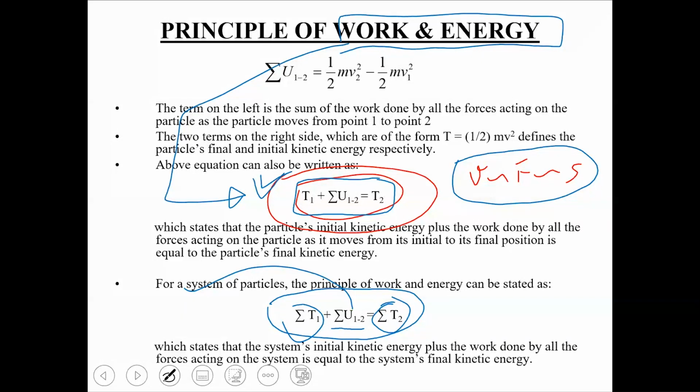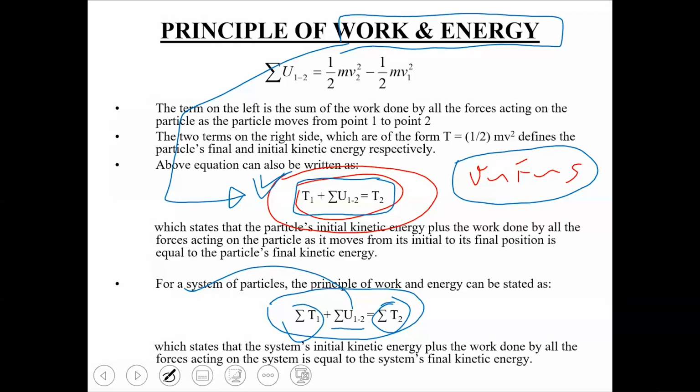Now, before moving on to the various problems relevant to this principle of work and energy, इस बुक में इन्होंने क्या किया है कि वर्क एनर्जी, प्रिंसिपल ऑफ वर्क एंड एनर्जी के प्रॉब्लम्स अलग से दिए हैं, उसके बाद दो छोटी छोटी सी डेफिनेशंस हैं पावर और एफिशिएंसी की, और उसके प्रॉब्लम्स अलग से दिए हैं। मैंने अपनी स्लाइड्स में बिकॉज ऑफ द लिमिटेशन ऑफ टाइम और इतना कोई अहम टॉपिक भी नहीं है पावर एंड एफिशिएंसी, तो मैंने वर्क एंड एनर्जी के साथ ही पावर और एफिशिएंसी को कंबाइन कर दिया।